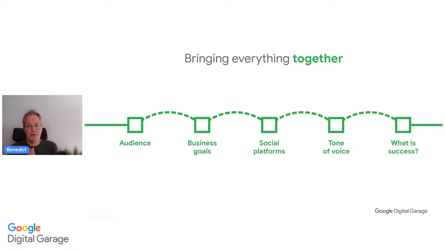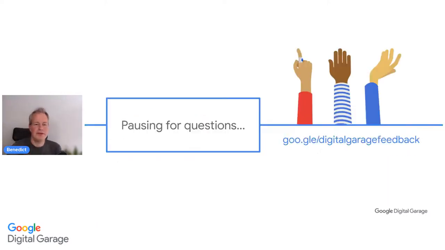Defining your audience and how to make things relatable to them. The big thing is that your audience is so important. Set one business goal, and work out how to mitigate any barriers, obstacles or challenges. Then choose one or more channels. Then think about the tone of voice and potential content for specific channels. And then construct some ideas on defining success. What is success? All right, on to the questions.